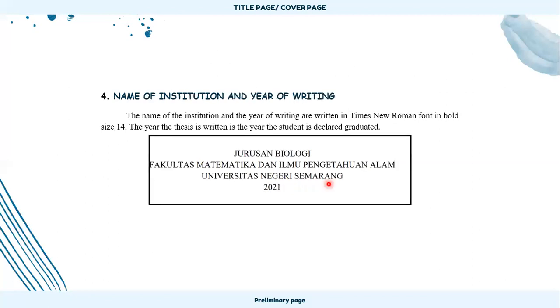Next is name of institution and year of writing. The name of the institution and the year of writing are written in Times New Roman font in bold size 14. The year the thesis is written is the year the student is declared graduated. You can look at the example here from your department, faculty, university, and